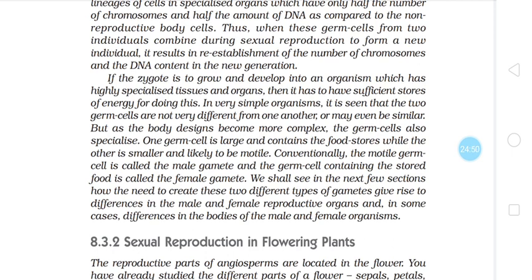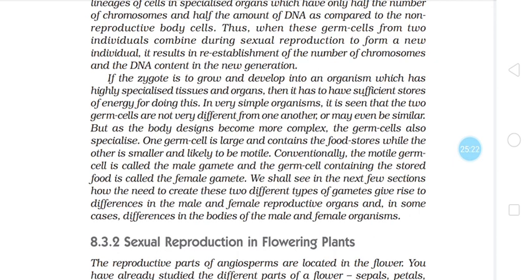In very simple organisms, it is seen that the two germ cells are not very different from one another or may even be similar, but as the body design becomes more complex, the germ cells also specialize. One germ cell is large and contains the food stores, while the other is small and likely to be motile. Conventionally, the motile germ cell is called the male gamete and the germ cell containing the stored food is called